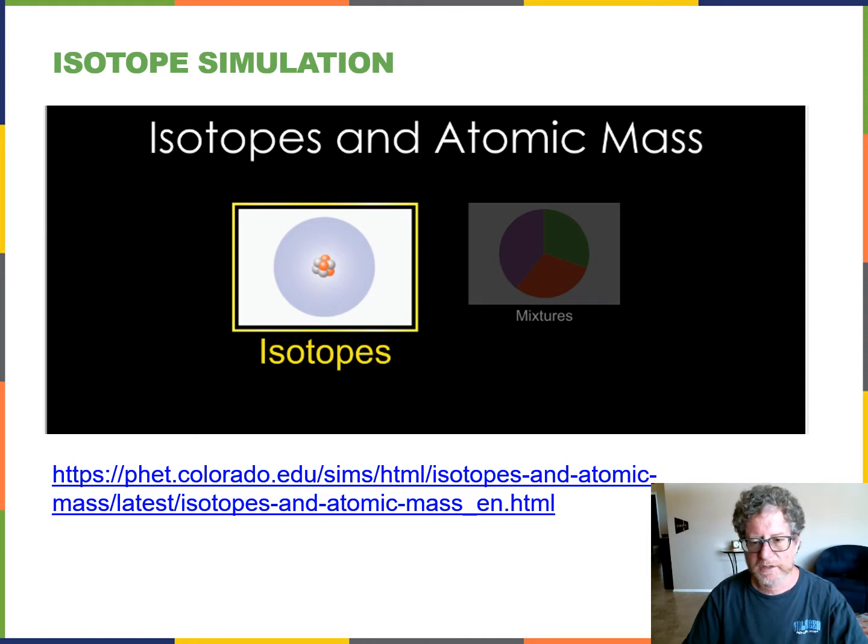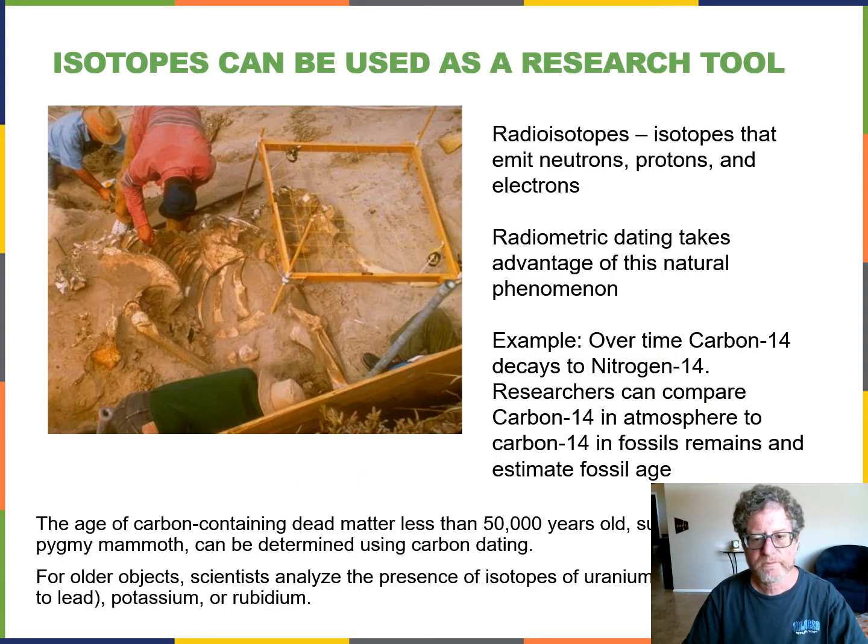You can click on this and see a simulation. You'll probably have to go to the downloaded PowerPoints. So radioisotopes are a common research tool. So this is showing that they unearthed some sort of little dinosaur. And sometimes you have bones. They would never destroy a piece of the main dinosaur, but there might be something nearby that they could get a radioactive date on. And if you get a radioactive date of something else that's in this sediment,